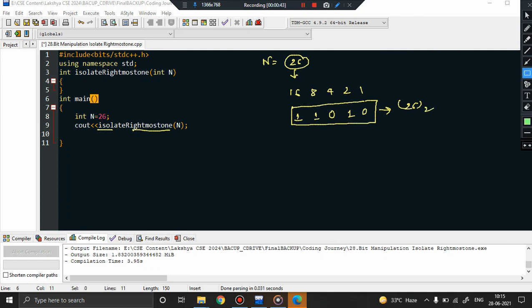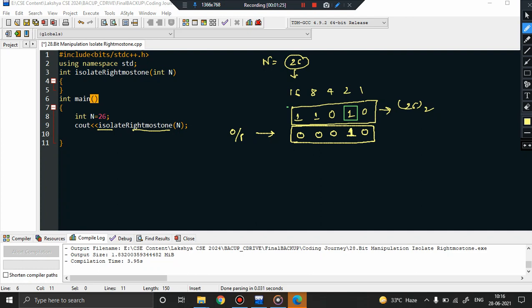This binary number 11010 is the binary representation of the number 26. I am interested in isolating the rightmost one bit, which the problem says. You can see this one here is the leftmost one, but I am interested in extracting the rightmost one, which means the last one present in the number. I actually have to extract this from this particular number. Extracting means my whole focus should be here, and every other bit will become 0, and this bit will become 1, and this is what should be my output. I hope you're getting the point. All the bits will become 0, only this bit will exist. That means I have successfully extracted this particular bit.